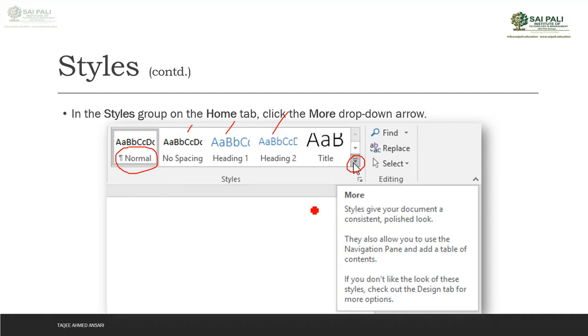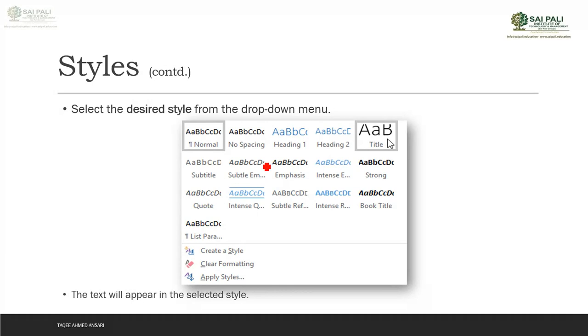So if we want to format it with a different type, like I want to make it Heading 1, Heading 2 or Title, I can select it from here, or I can click on this drop-down to get more options, like Subtitle, Strong, Intense Quote, Reference, Strong Reference, Subtle Reference, Book Title.